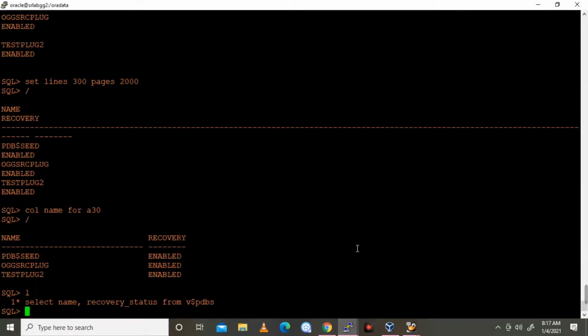Now I have validated whether recovery is enabled on both the primary and standby sides. It's enabled.